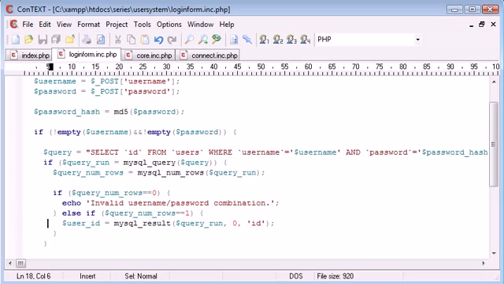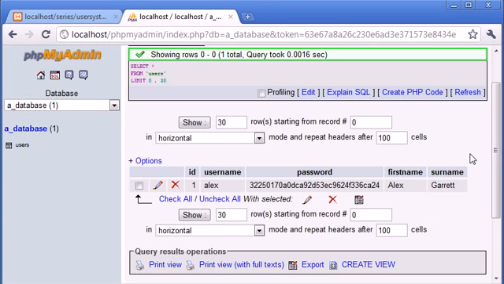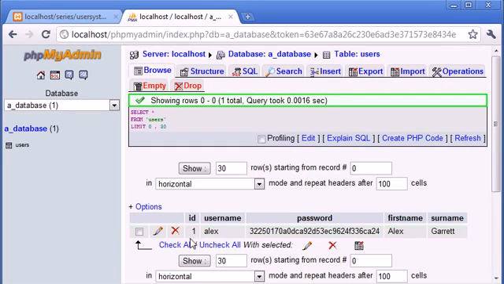Let's just echo out user ID so we know this works properly. Let's test now with adding another user so we can see if this ID is returned correctly for